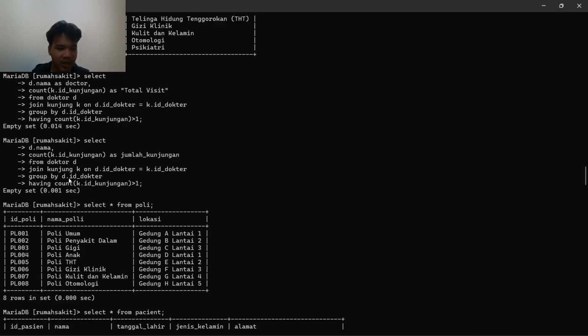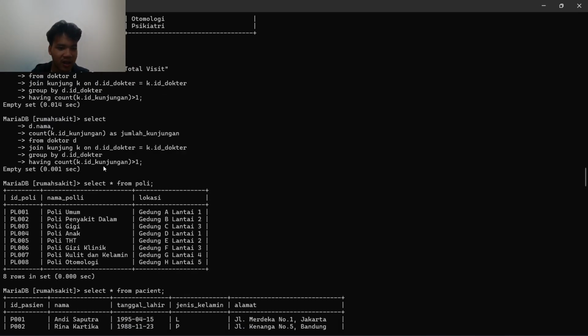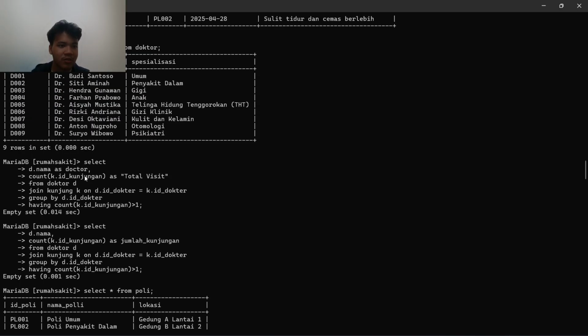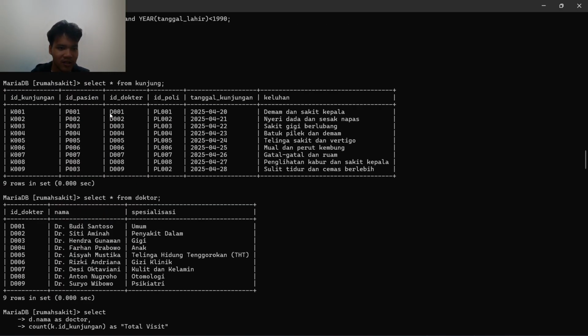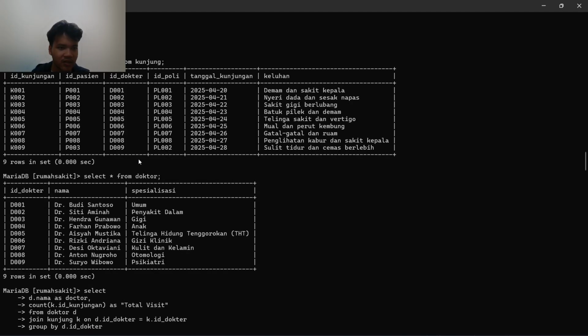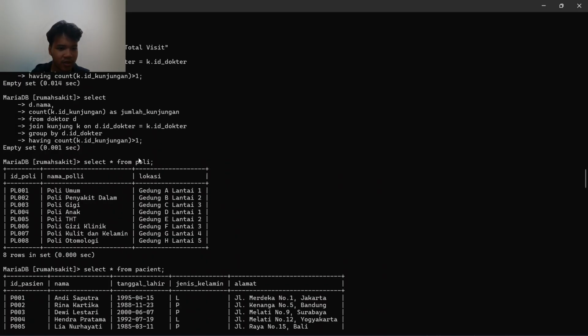We group by ID doctor from the doctor table, and the count of visits must be greater than 1. As you can see it's empty, because from the data, all the doctors only have 1 visit. So yeah, next one.